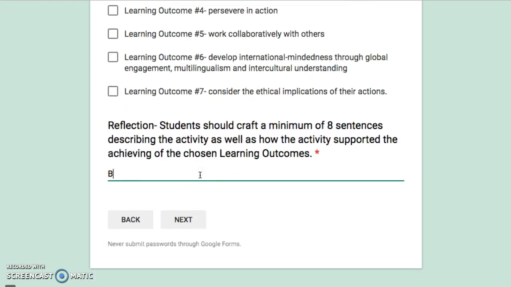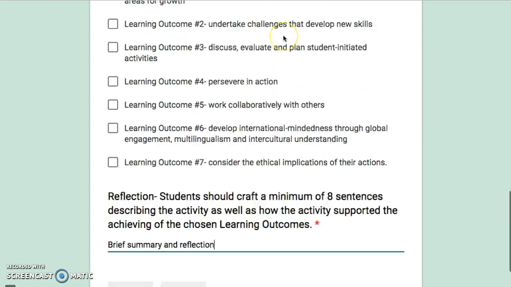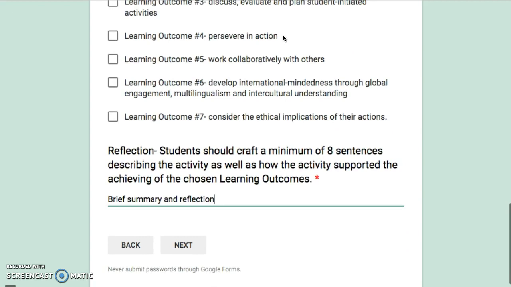And then I'd give my brief summary and reflection of what I completed and how this involved the learning outcome that I had chosen above.